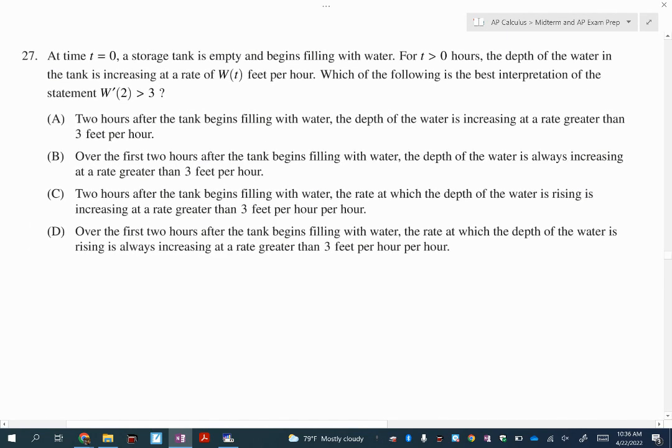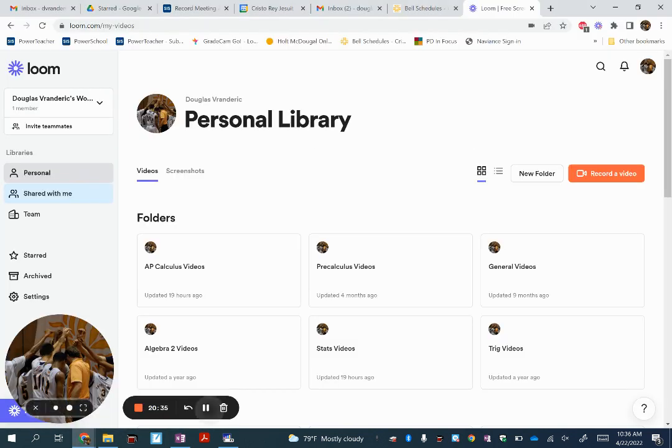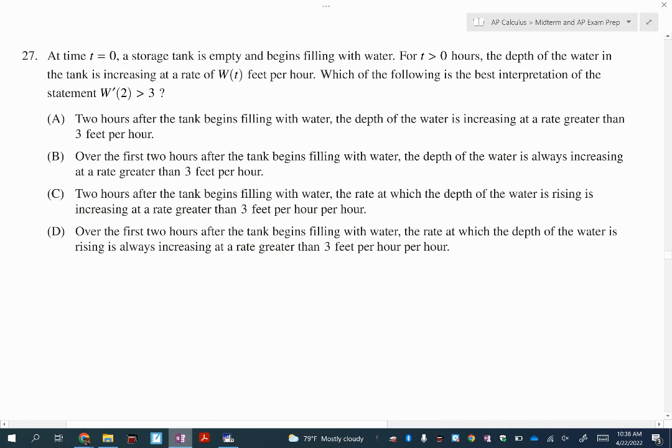I think we can do this one without any math. Just reading. So I'm going to give you 30 seconds to read everything. I'm going to give you more time. I'm going to pause it. All right, so when I read this one, the first thing that I focused on was, what does W of